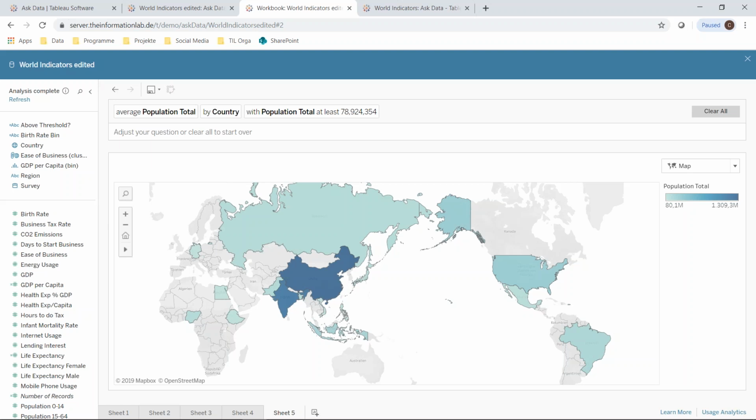Okay, so this is what I wanted to show you on how to use Ask Data. But as I said, Tableau here is right at the beginning, so I think it's a pretty interesting step in a right direction, but there's still some work to do. For instance,